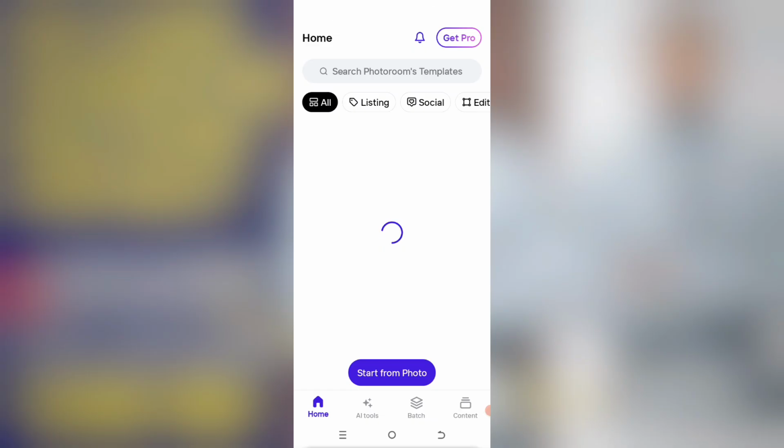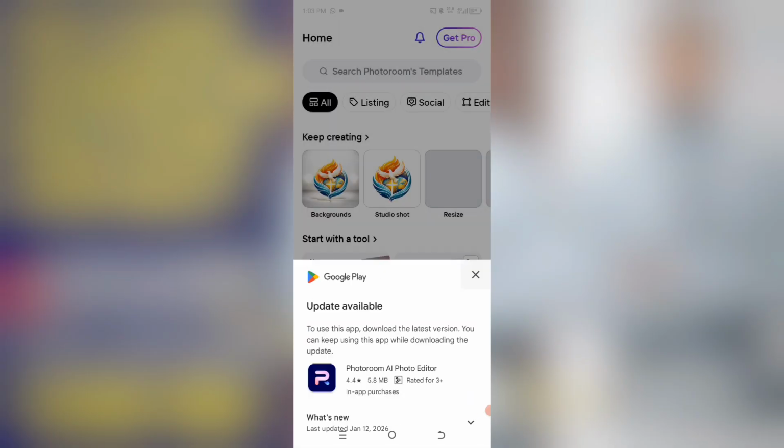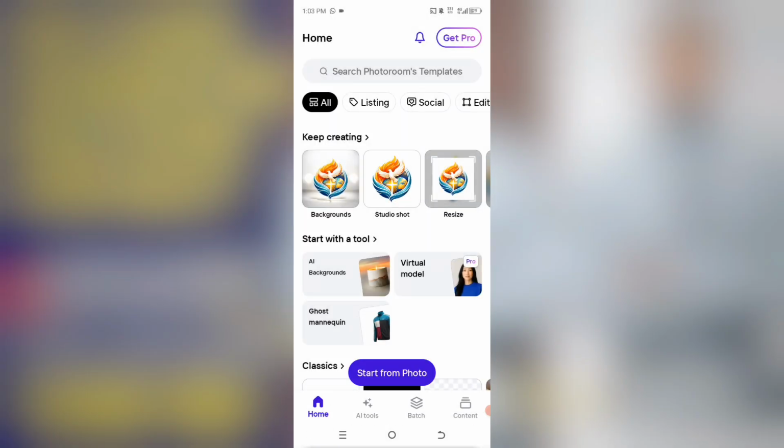And now for a start, let me just make you aware I'm using the pro version of this app, so there are some things you're not going to have access to if you're not using the pro version, but I'm still going to show you how to use it. Now when you click on it, you put in your details and sign in. When you're done with that, when you basically want to remove the background of your image, you click on start from photo,